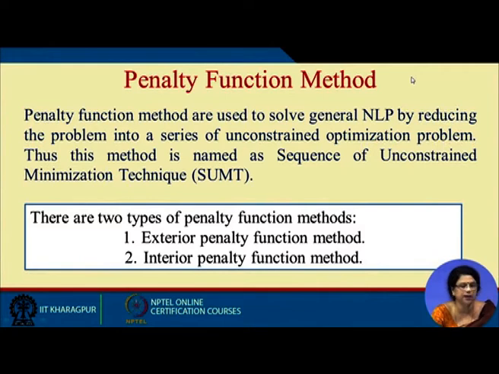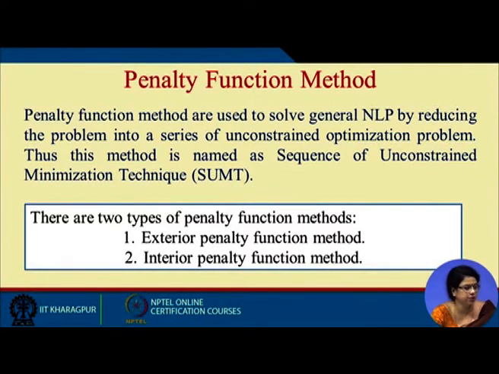Whereas, in the interior penalty function method, we start our process from the interior of the feasible space, and we approach the boundary of the feasible space through the sequence of unconstrained optimization techniques. Now, this series of methodologies, that is the penalty function method, is named the sequence of unconstrained minimization technique. If we consider the minimization problem, then this is the minimization. Otherwise, if we consider the maximization problem, then there will be a sequence of maximized